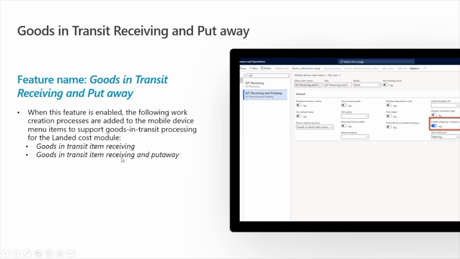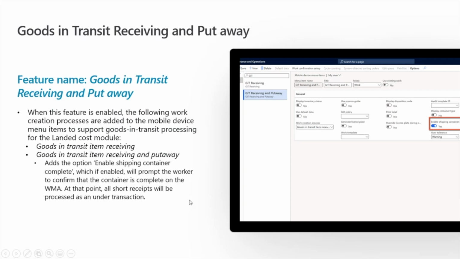Under the put away option, you have this other parameter that I've highlighted in the screenshot. It's cut off a little bit here to the far right, but the name is enable shipping container complete. If you enable that on your goods in transit item receiving and put away menu option, the user will be prompted to confirm whether the container is complete when they're working with this menu item on the mobile app.